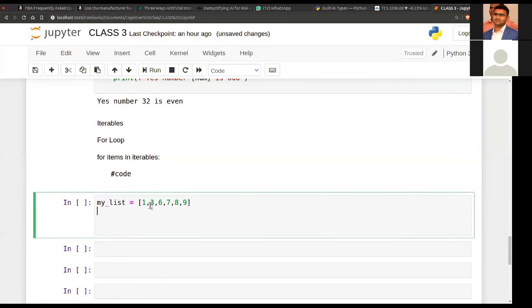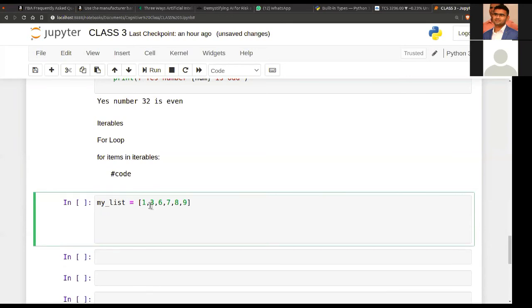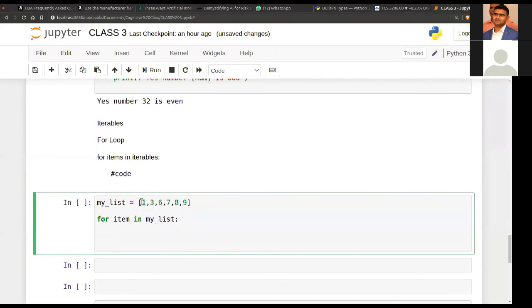So its syntax. For loop: for item in, what is my iterable over here? My list. So here item is the iterator and my list is the iterable. We start off with our keyword for, item, which is the iterator, in, because my iterator will always iterate the iterable, right?